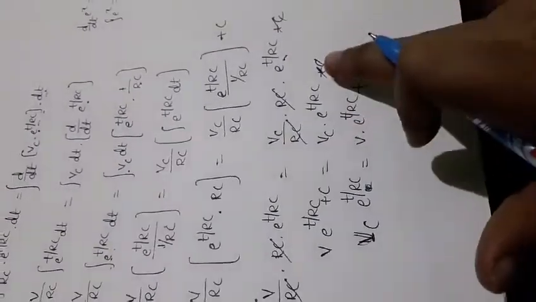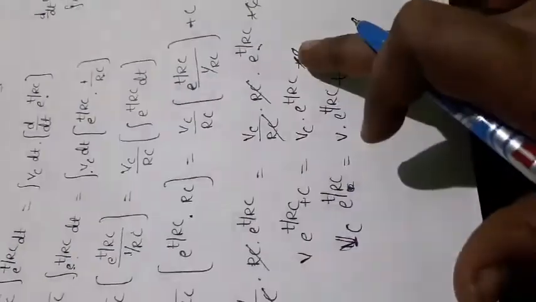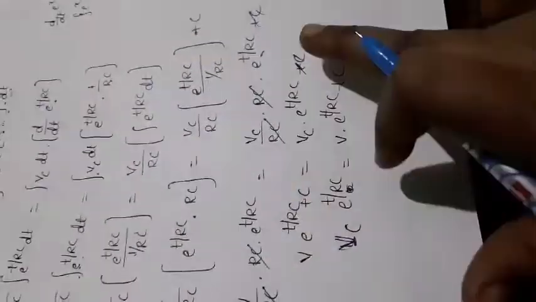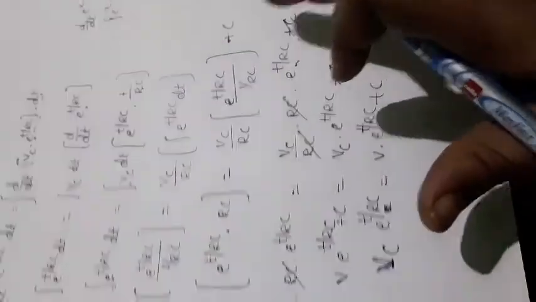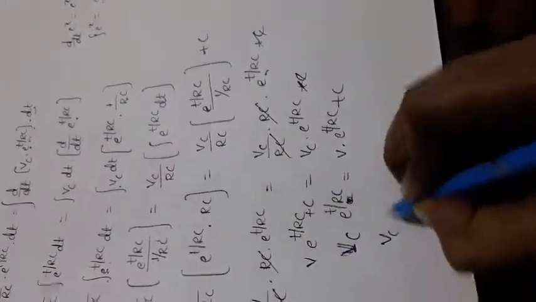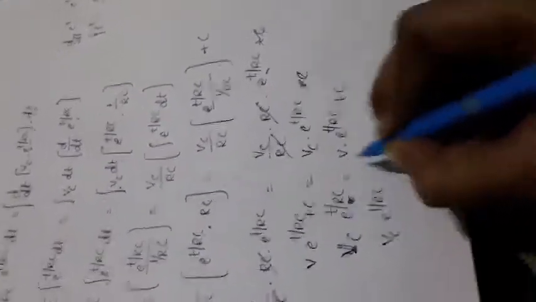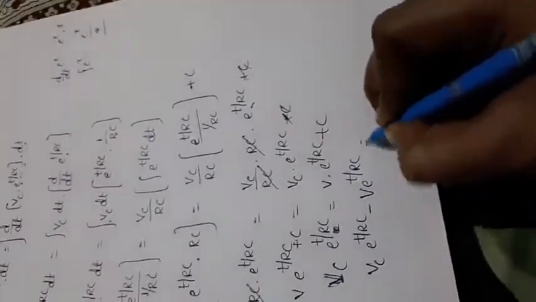Why? Because the C value will be obtained directly; if you want to convert here then we'll get the minus value, so there is no need to take the minus value here. That means we cannot consider negative values, so that's why you can take it as the integration constant C, on the left side. Okay, so then we'll get Vc e power t by Rc, now V terms take it, e power t terms take it to the left side, so that is equal to C.